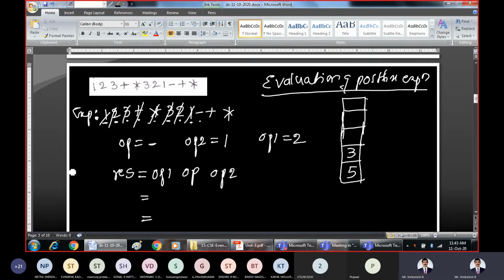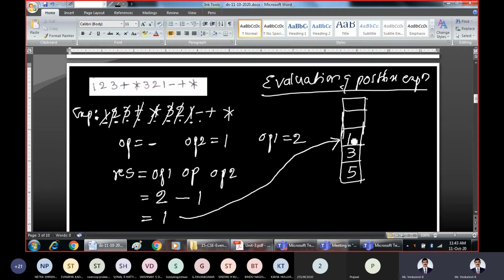Now perform the required operation. What is the required operation? Operand 1, operator, operand 2. Operand 1 is 2. The operator is minus. Operand 2 is 1. So 2 minus 1 is how much? 1. So take this result and push it onto the stack.